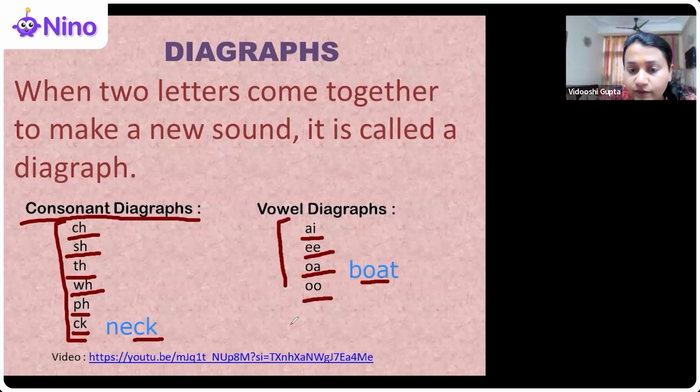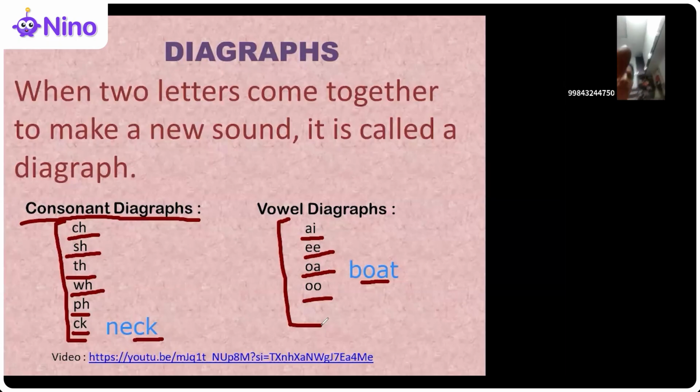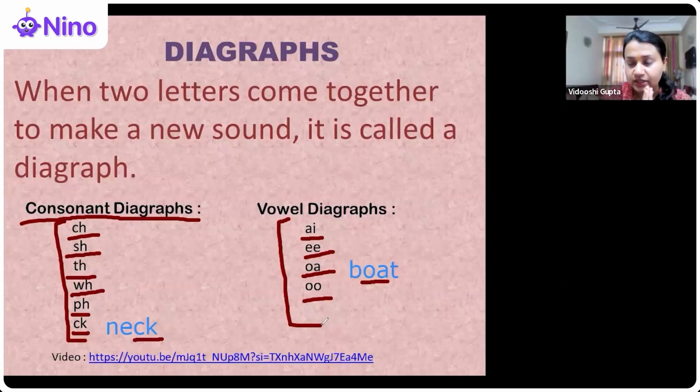Like two vowels coming together, becoming best of buddies, and then making a new sound. Clear? Are we clear with the concept of digraphs, consonant digraphs and vowel digraphs? So for consonant digraphs, we know that there are 21 consonants. When two consonants come together, they make a new sound, and that is called a consonant digraph. When two of the 5 vowels come together, they make a new sound, and that is called a vowel digraph. Okay? Wow, such a huge bubble, Gurdev.